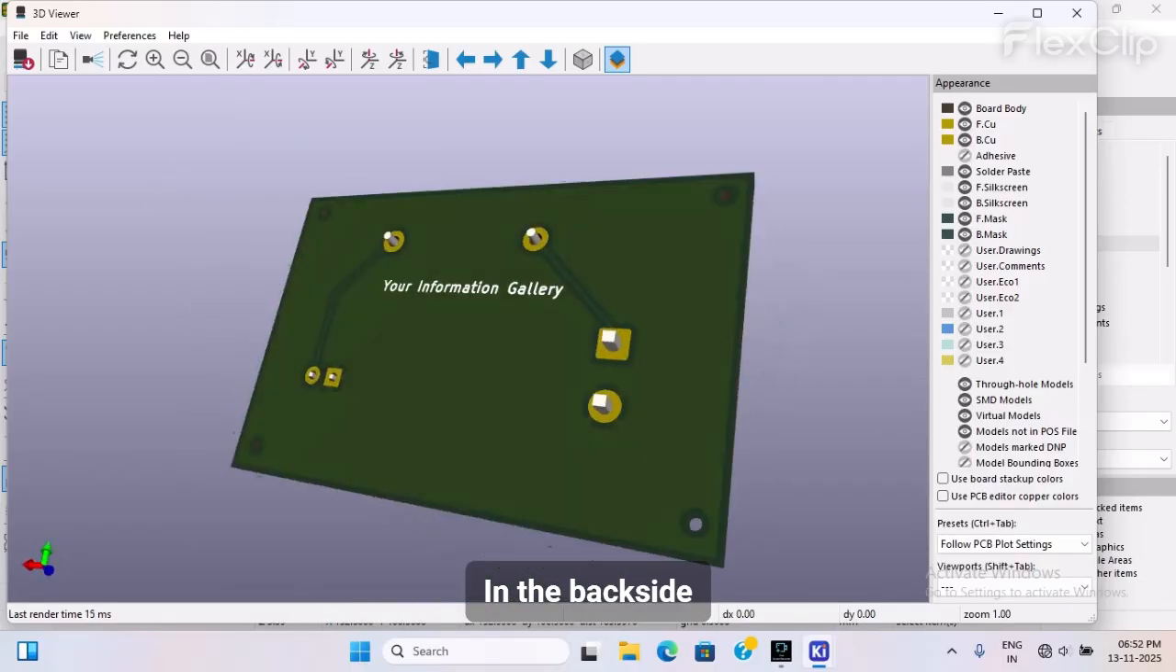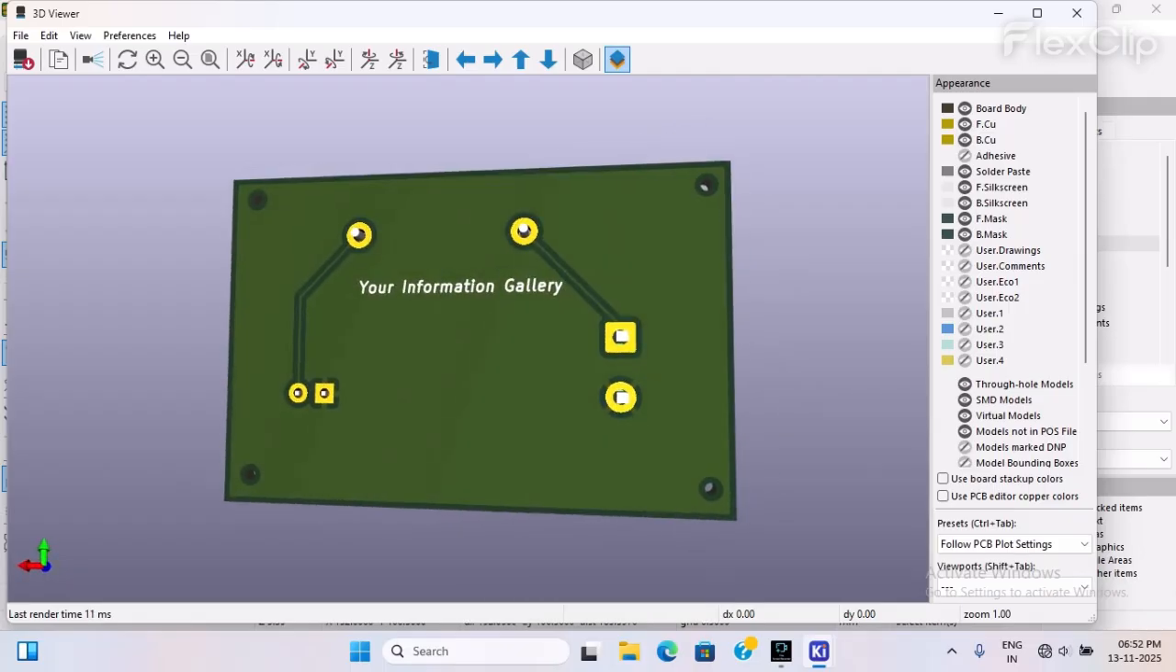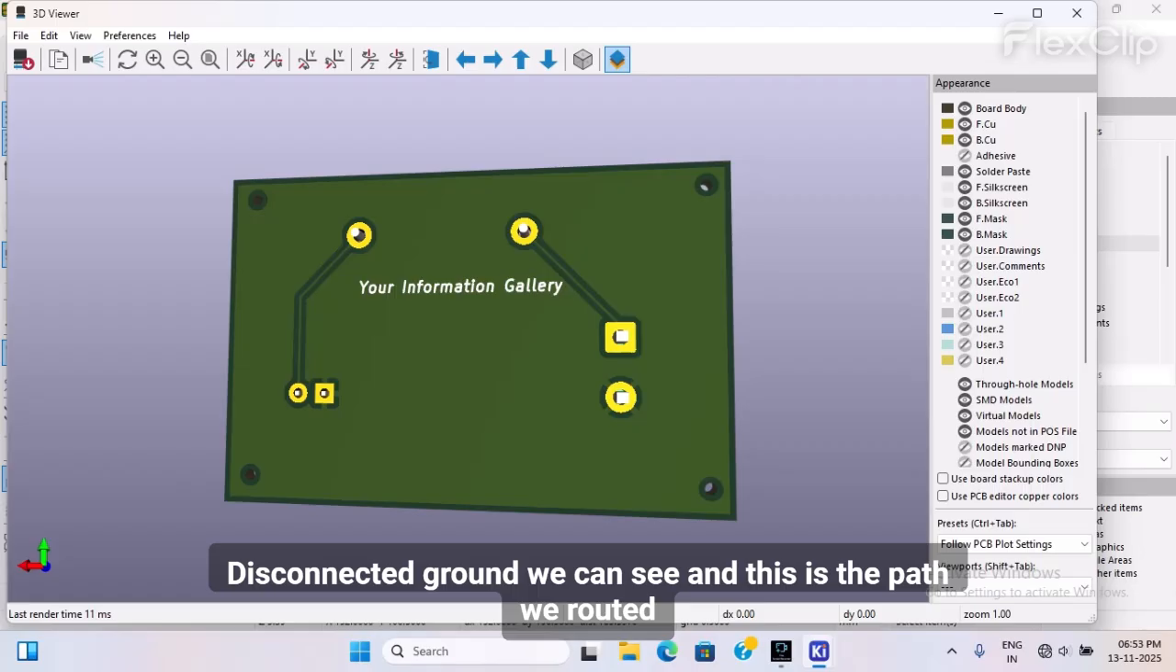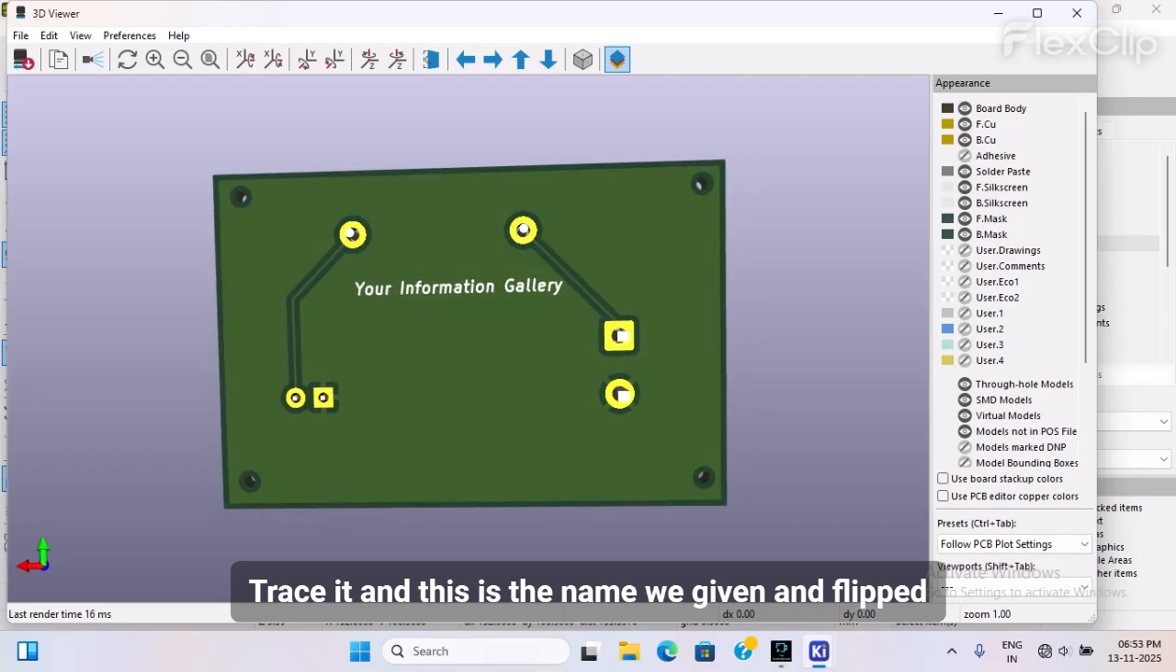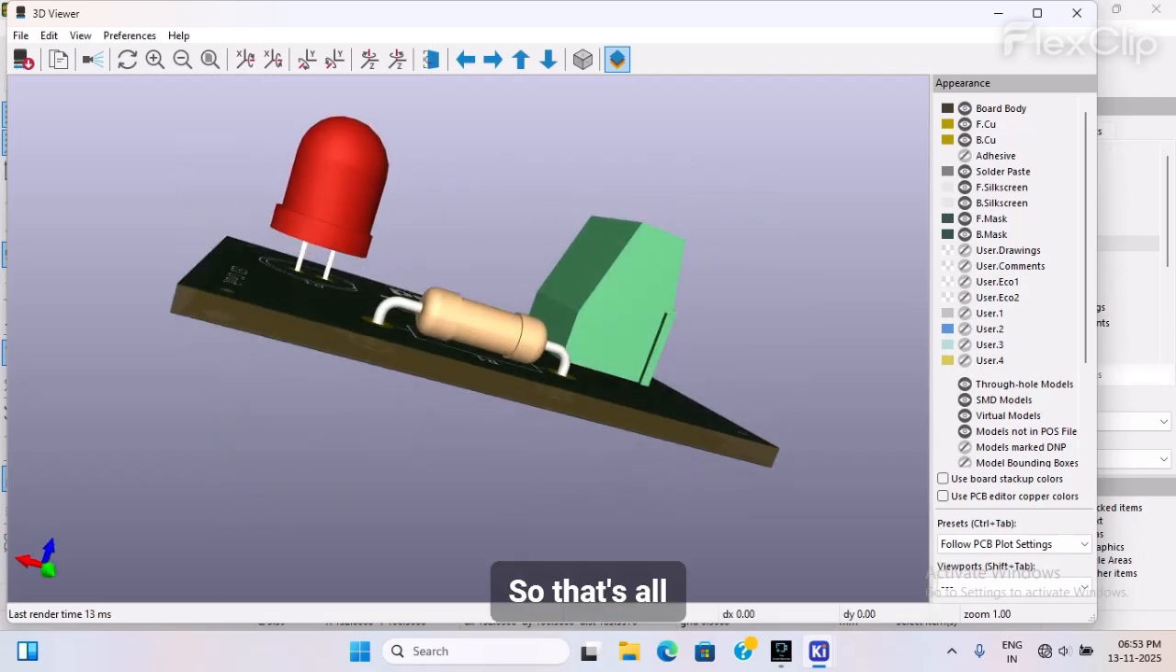In the back side, the ground we can see, and this is the path we routed. The traces, and this is the name we gave, flipped. So that's all